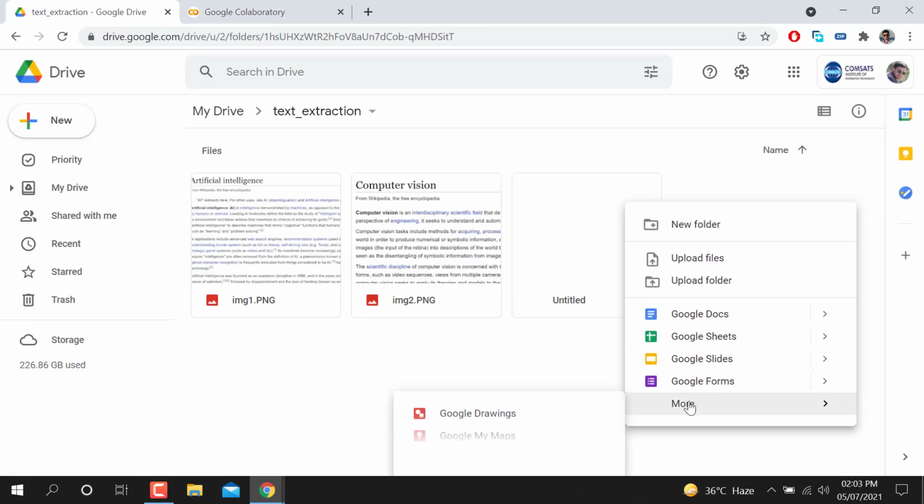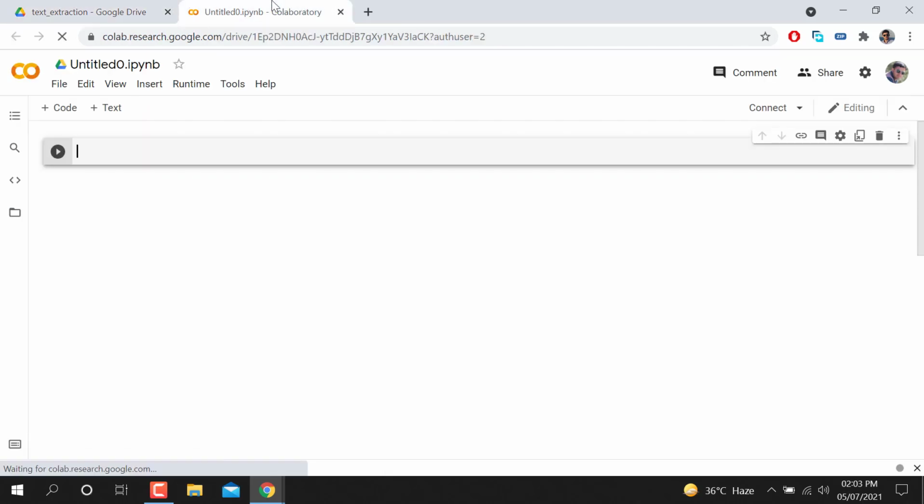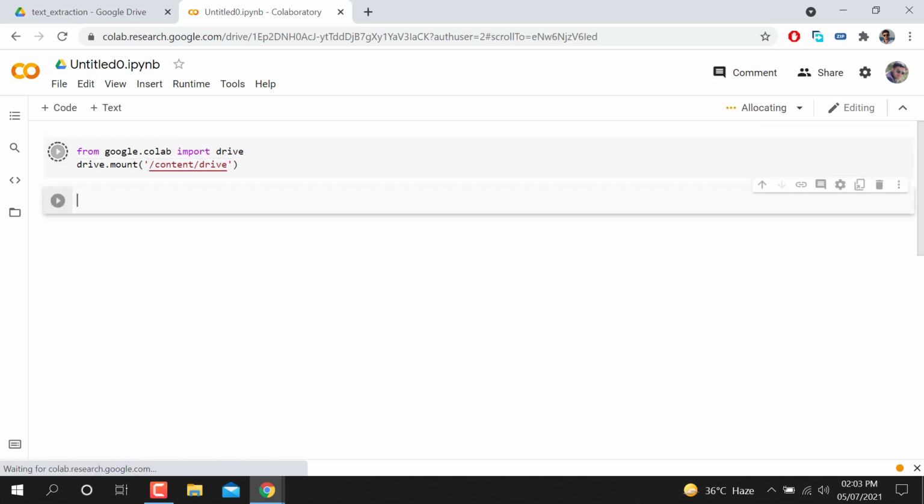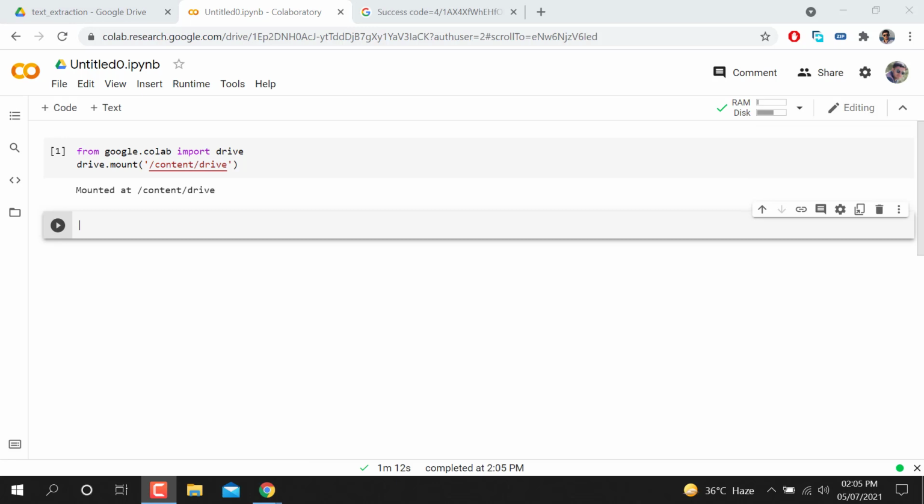So let's suppose I'm going to mount my drive. First of all, as you can see, I have launched a Colab notebook file. After that I need to mount the drive, so I'm going to make a cell where I write this kind of code. I will be back after mounting my drive. When I run this, I mount my Google Colab notebook with my Google Drive.